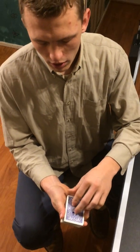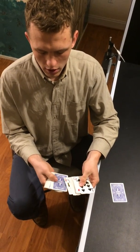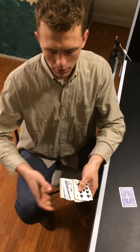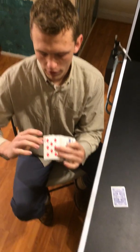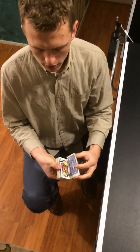But you can see underneath that, all the cards are actually all facing up like this because you split them evenly until you get to the middle, because that's where you were flipping them on its axis. So all the ones you're flipping get fed face down. So, but you have this card right here, and now you're going to show them that, oh, it's front to back like this, because